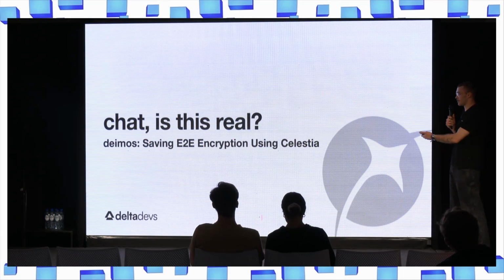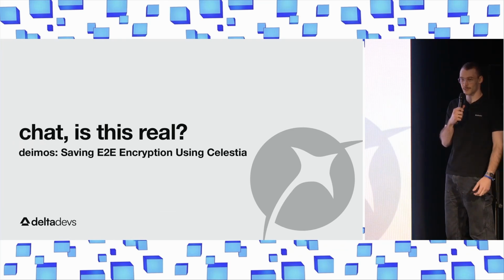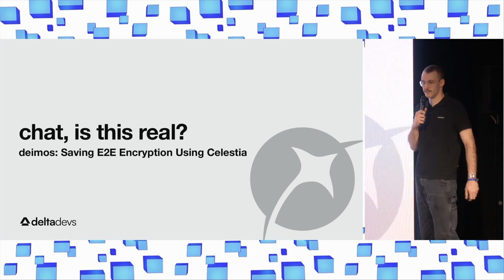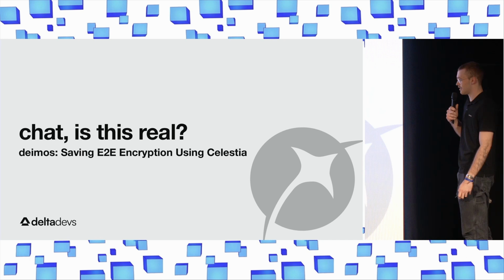So I'm here to talk about end-to-end encryption on Celestia, or how we can fix it. Before I get started, I'd like to say I'm actually giving this talk on behalf of Sebastian Pusch, who couldn't make it to the conference, but he's been leading this internal effort and has written the vast majority of the code, so you'll all meet him soon.